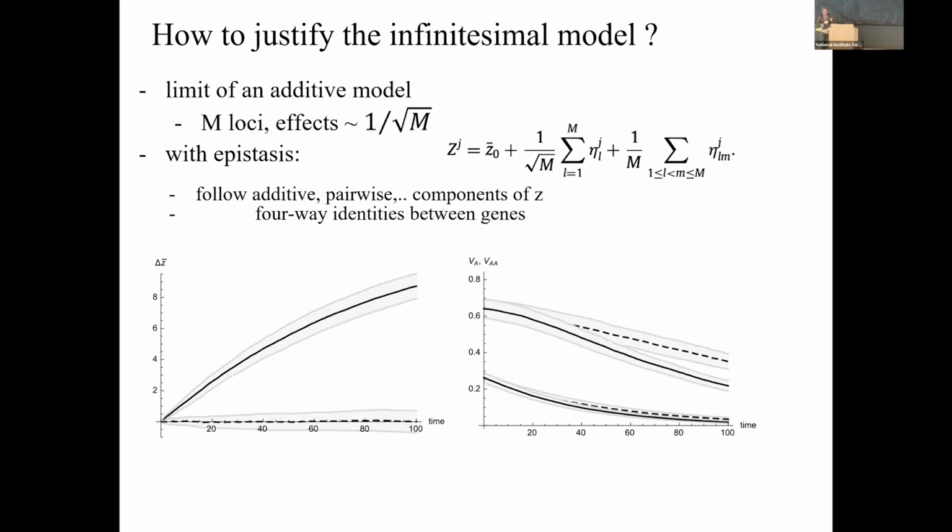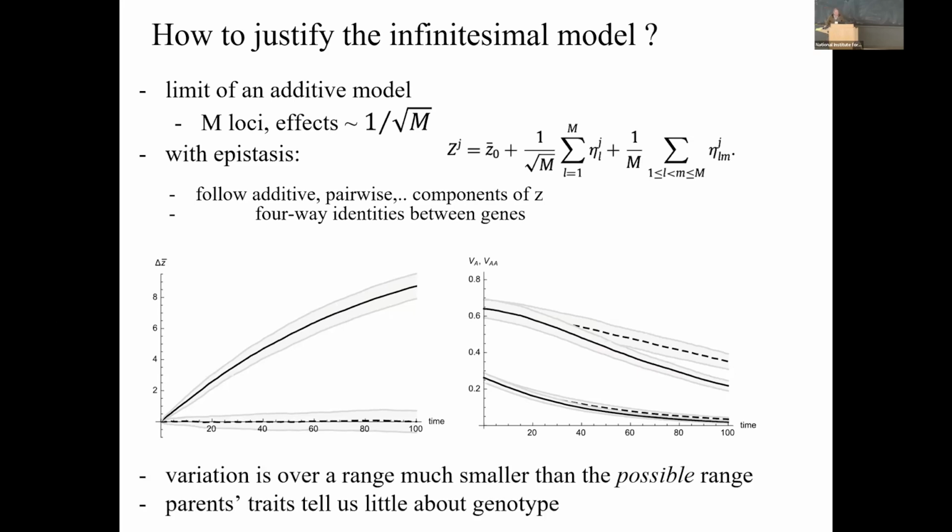The model works for some number of generations, tens of generations. If you have interactions, it works for a little bit less time, but it works in the short term. And that's really the realm in which we've justified it. So I've been warned by the clock, so I shall just summarize that by saying that really what we're saying